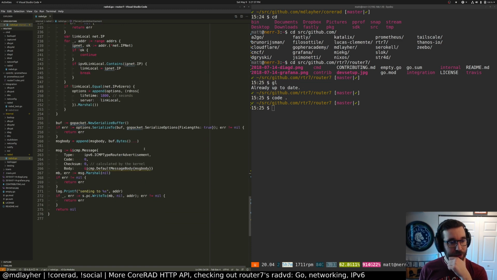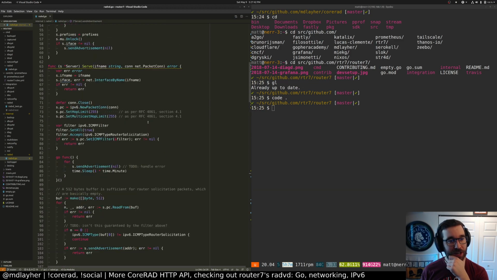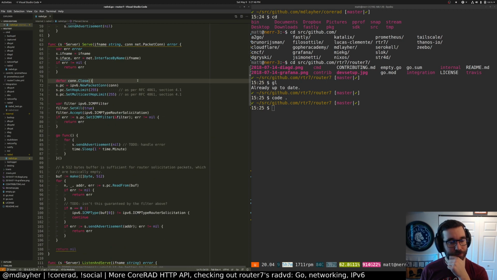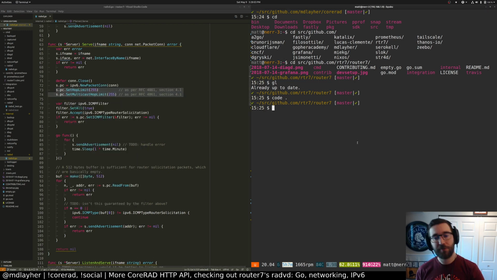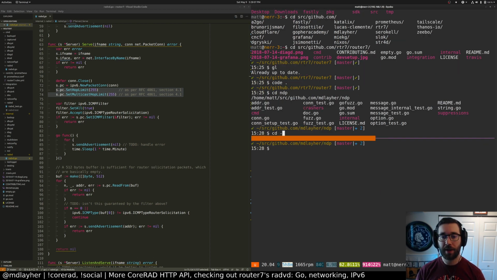Yeah, so I wonder if we could make some changes to the NDP package to make it work for him. I believe what he needed was... let's see. So he checks the interface. We do that. He opens an IPv6 conn. He's setting these. I don't actually know if I set these myself or not. I think I might just pass them manually. He's setting a filter. We can do that as well. Let's take a look at these really quick. I think if we open the NDP package... actually, what we can do is go back,